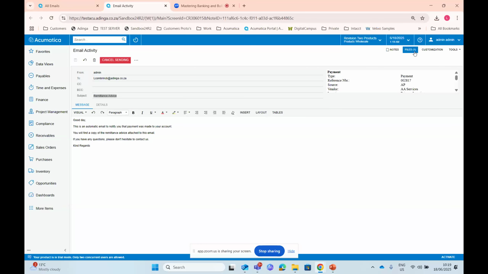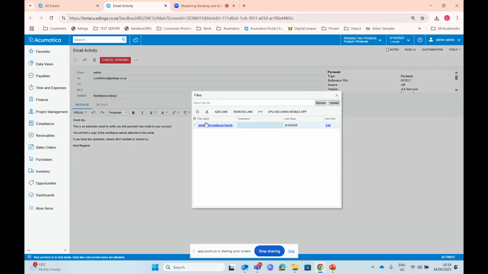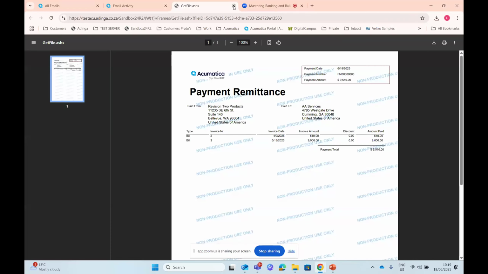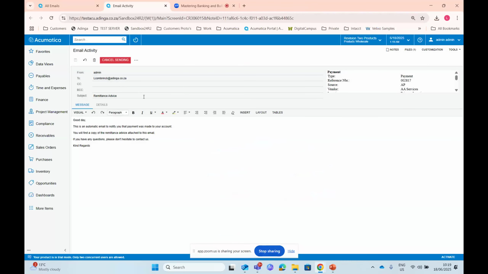It doesn't have to be like this, but if I go to files and download this, it shows the amount that was paid. So this will email automatically to the supplier.